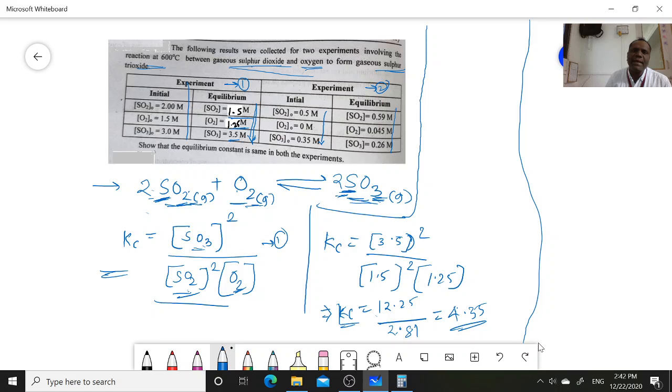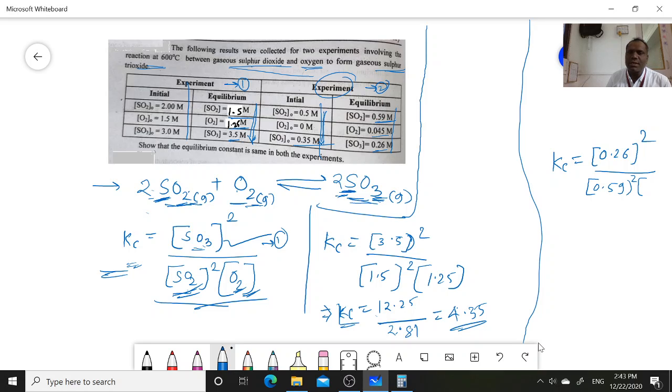Now, the same reaction has been used, but the molar concentrations have been changed in experiment number 2. Let's calculate Kc for experiment number 2. Kc is equal to SO3 squared, 0.26 molar squared, divided by SO2 squared, 0.59 squared, multiplied by